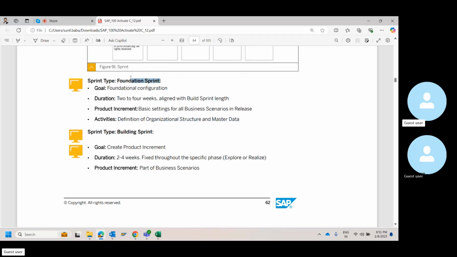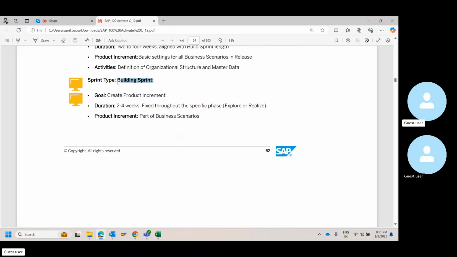What they are trying to do here is relate the terms of agile that we have to what is in SAP, how we execute in SAP. The foundation sprint is basically your organization structure setup and master data structure setup.